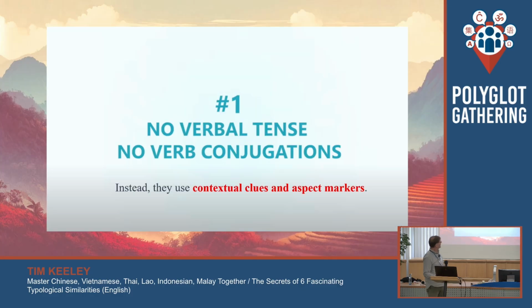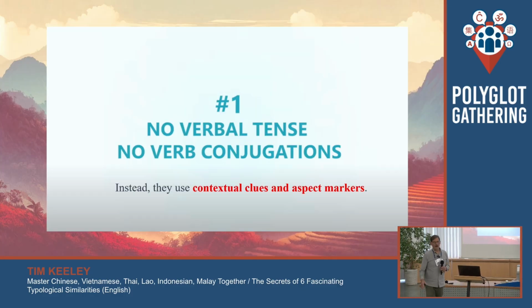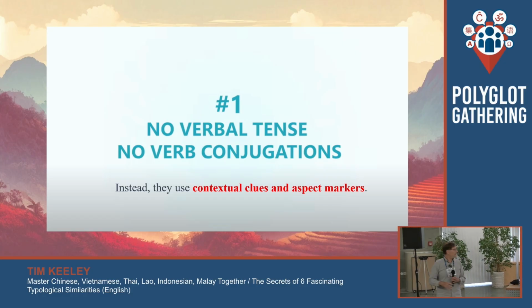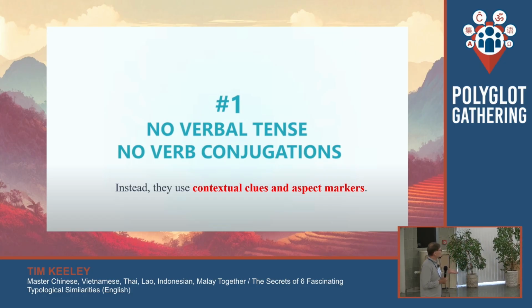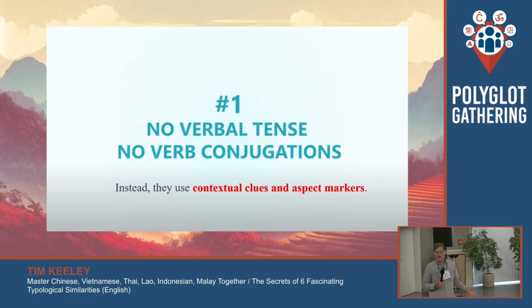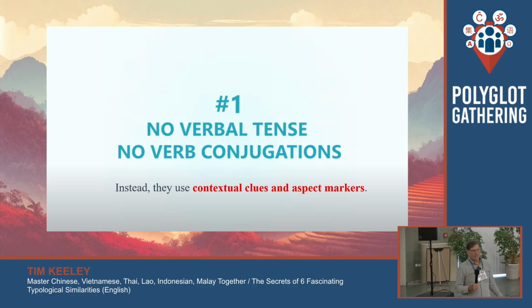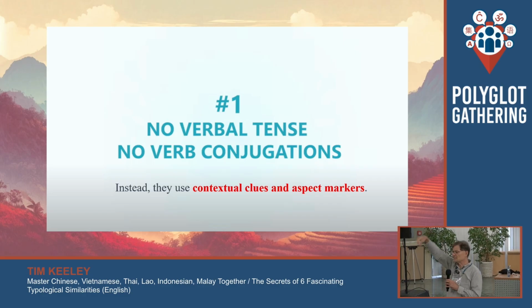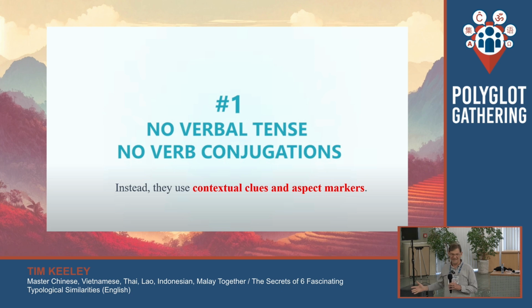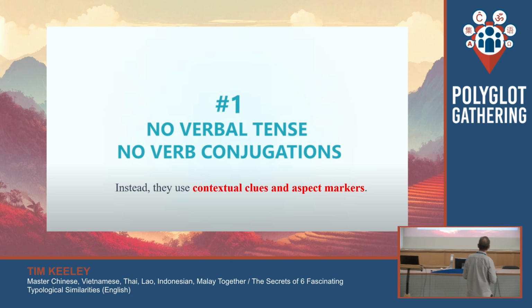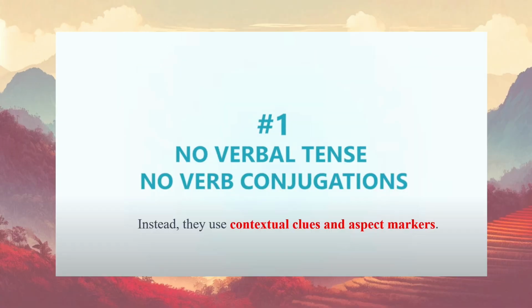Okay, all right, so I'm going to go through some various points. And the first one is that you have no verbal tense. There's no conjugation, okay? They don't inflect at all. Slavic speakers, do you have any inflections? Everywhere, right? Yeah, everything. But there's no inflections to indicate anything about the grammar, anything about tense, etc.